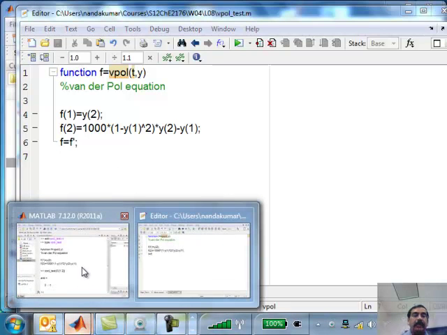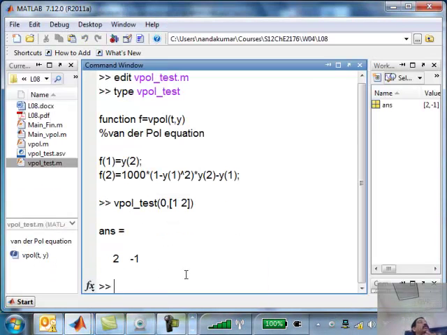Now, how do I use this function? Now I know how to calculate the function values. What is the interpretation of the function values? What does this number mean, 2 and minus 1, that I see here? You already said that is f1 and f2, but what else is it equal to?